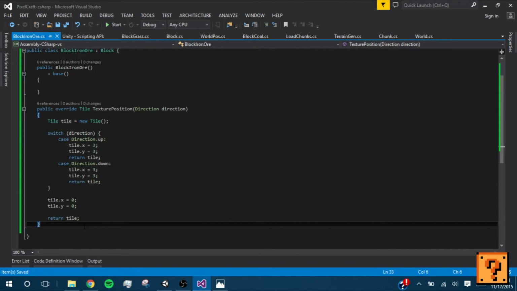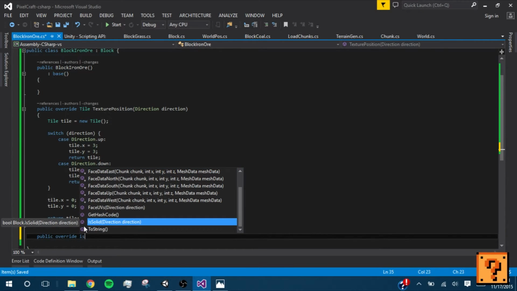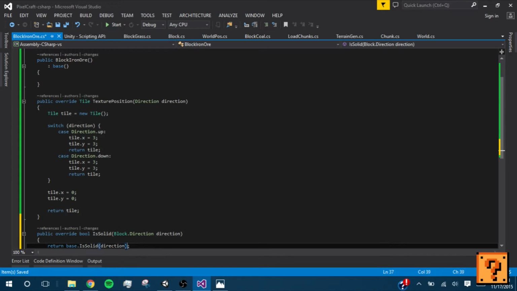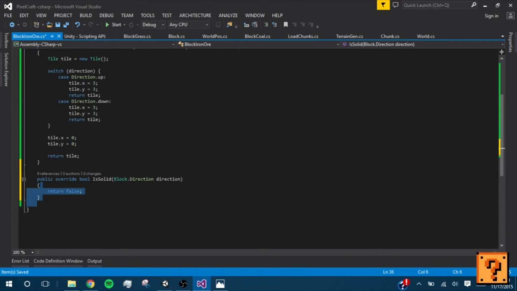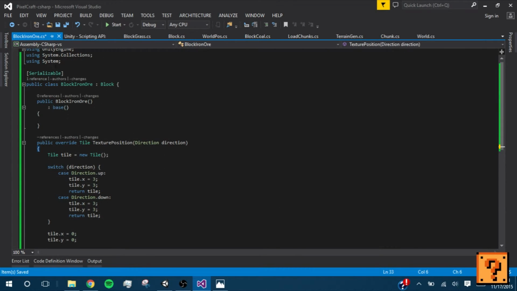And what you could do, but it's really redundant unless you're going to make the object see-through, say if it needs transparency, or you can walk through it basically. You're going to do public override, and we're going to get the IsSolid function, and what you're going to return is basically just true if it's true, or false if it's false. But by default, it's true. So we can just go ahead and delete this because it would be redundant to have it. So let's go ahead and save it,